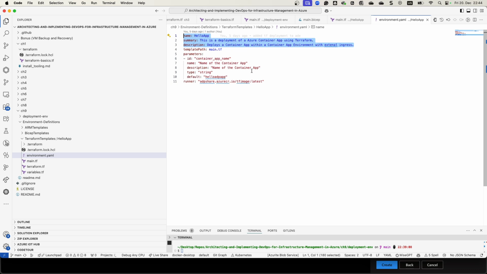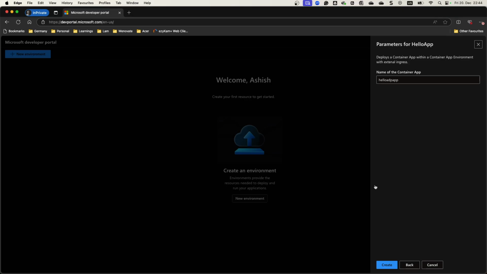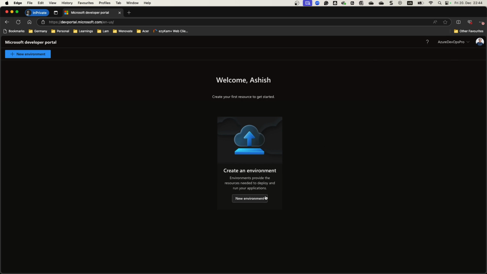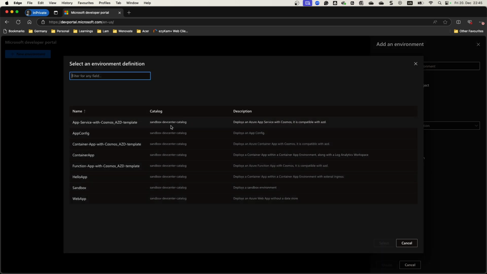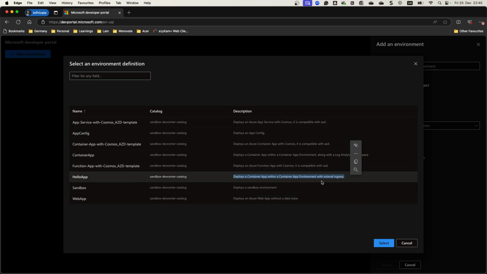This is used to show the template definition to you. So if you go here, cancel, and if you go to the all definitions, you have the name, and we have the description. This is completely coming through that YAML file. So if I select this hello app,